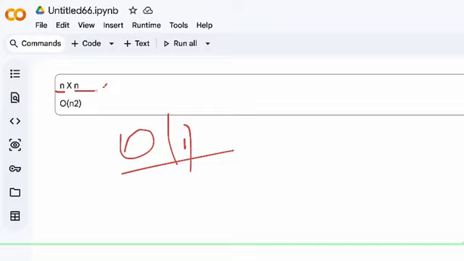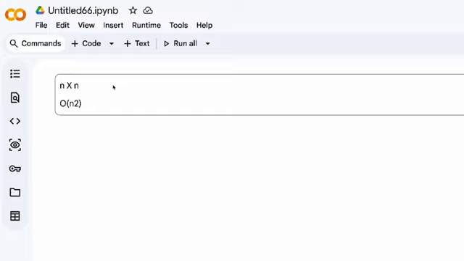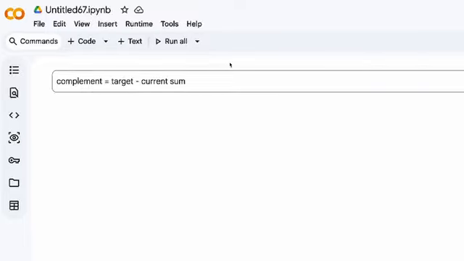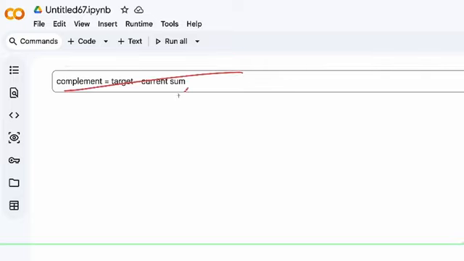To improve the performance, we can use a data structure called a HashMap. In Python, a HashMap is called a dictionary. What number do I need to reach the target? That number is called the complement. For that, this formula is used. Okay, this is the formula. Now let us say